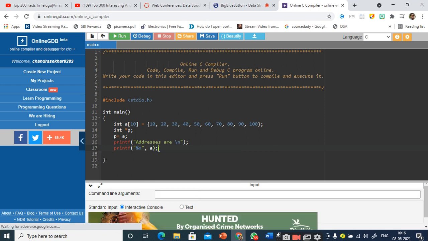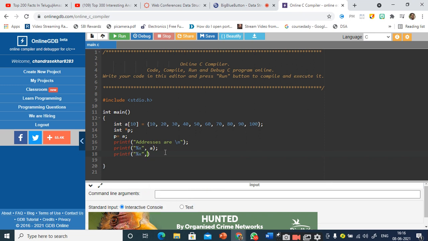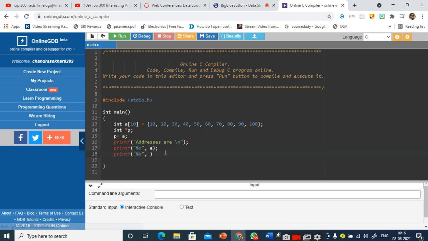You will get some errors by making use of this ampersand with %x and %u, right? But it's not the case in all the compilers. So what is the other way of accessing the base address here? Basically, where is the base address stored in an array? In its name, sir. In its name, super, right?